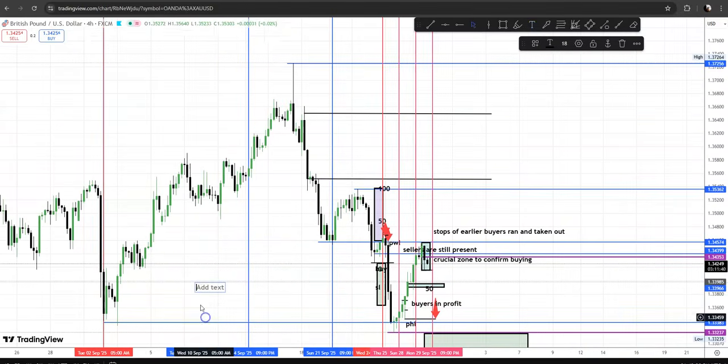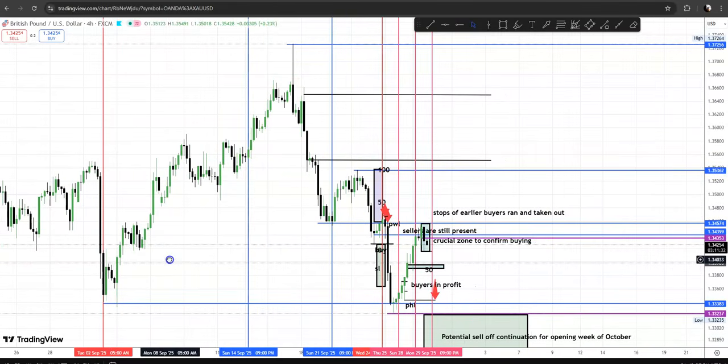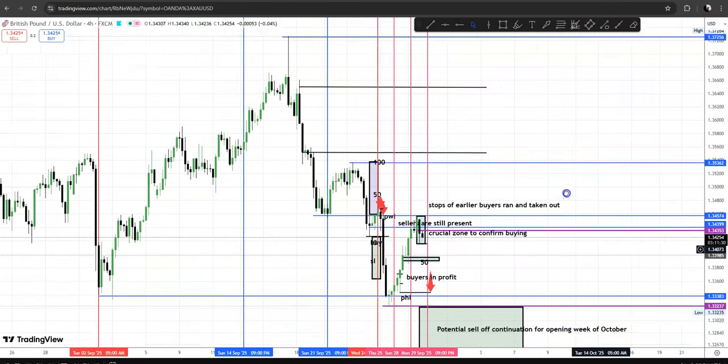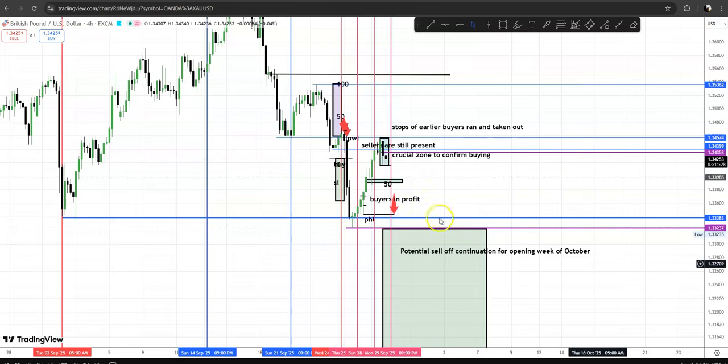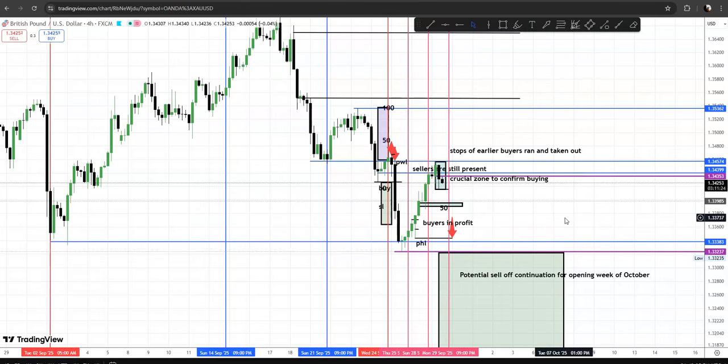Oh, and be reminded, the high of the month is still intact. Let me see, did I mark out the high of the month? Yeah, I think I did. Yeah, the high of the month. I just didn't label it. No, I'm being lazy now. Still intact, and here we have it. So this is the current structural move. Potential for a strong buy-off. But you don't know the answer yet. Wait for confirmation. All right. Let's